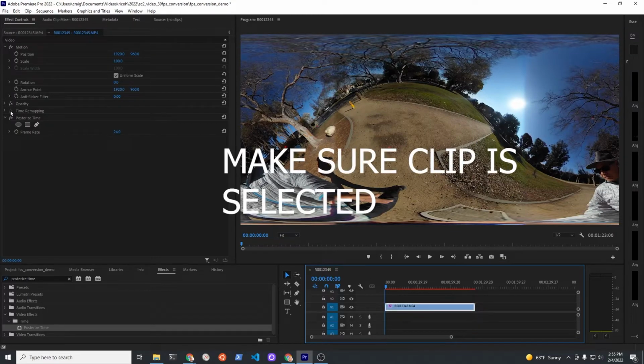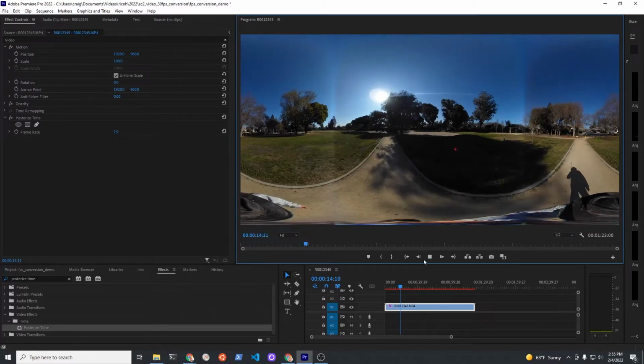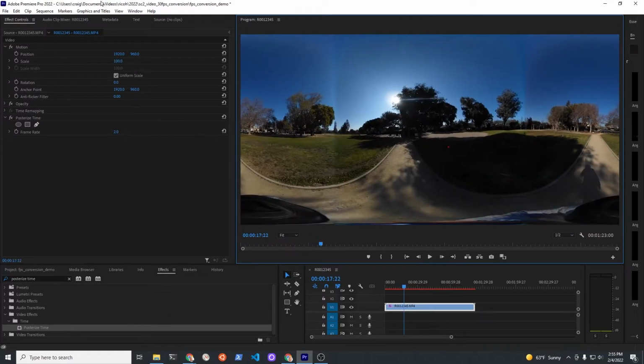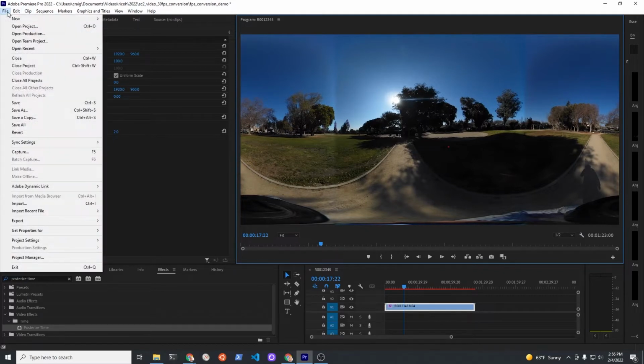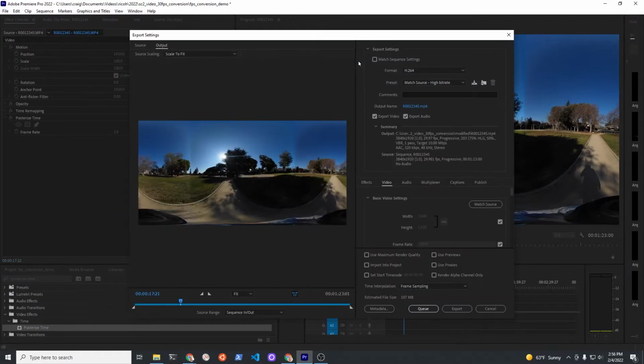In the effects pane, you can then go to Posterize Time and select the 24 FPS and change it to 2. At this point, when I look at the video, it's going to be jerky, which is actually what I want, because I actually want less frames here, because even at 2 FPS, it's going to be 120 still images per minute. So first I'm going to export it as a video file, and then to see how big the